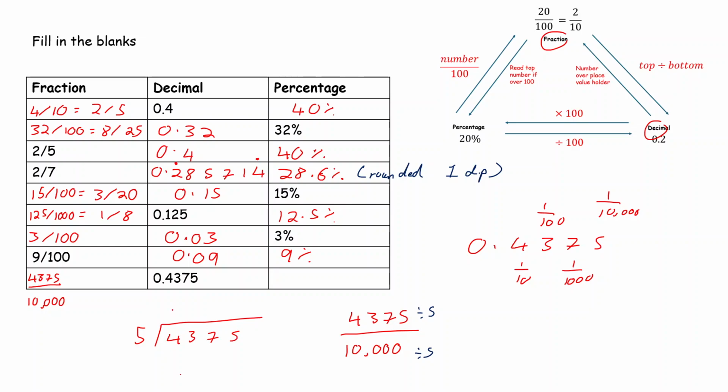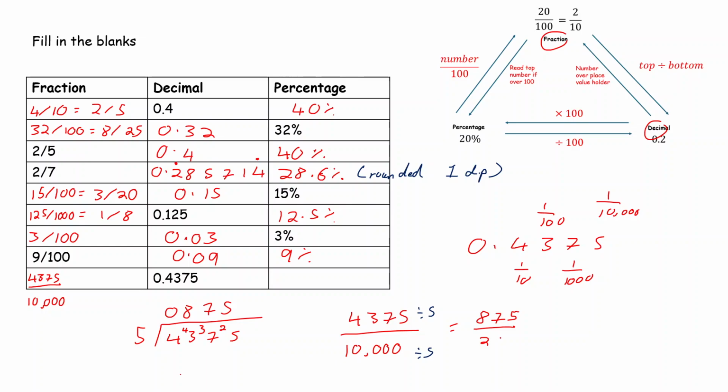4375. Well, 5 into 4 is too big, so we're going to carry up that 4. 5 into 43 is going to go 8 times, remainder 3. 5 into 37 is going to go 7 times, remainder 2. And 5 into 25 is going to go 5 times. So 875 over 10,000 divided by 5 is going to be 2,000. So 875